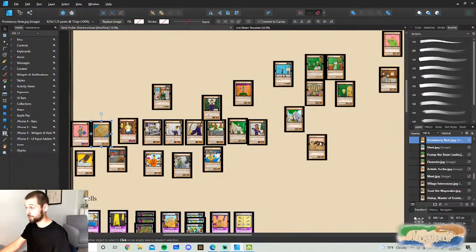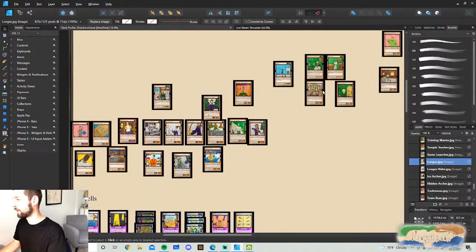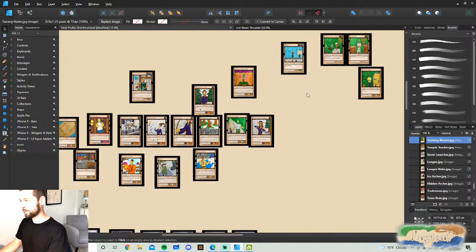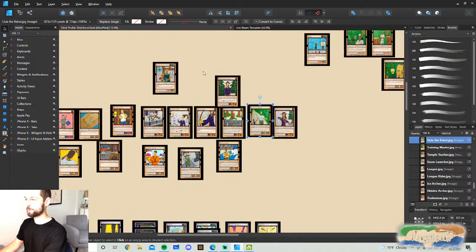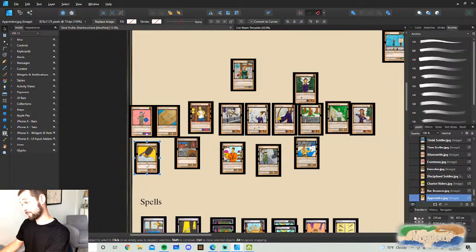We definitely have too many cards, so we gotta narrow it down. Get rid of Bison Herd, Mighty War Elephant. What do we got here? Get rid of Traveling Caravan. I think we get rid of Voodoo Salesman. I think he's too gimmicky. I think we get rid of...